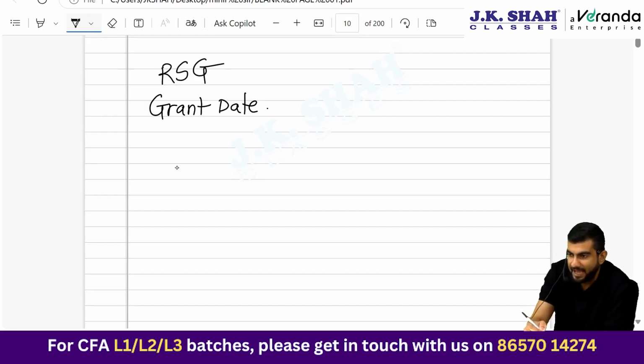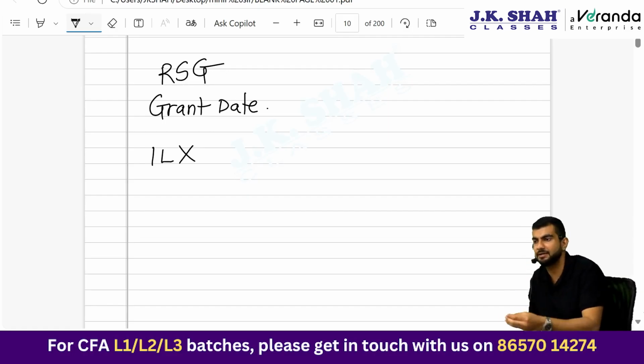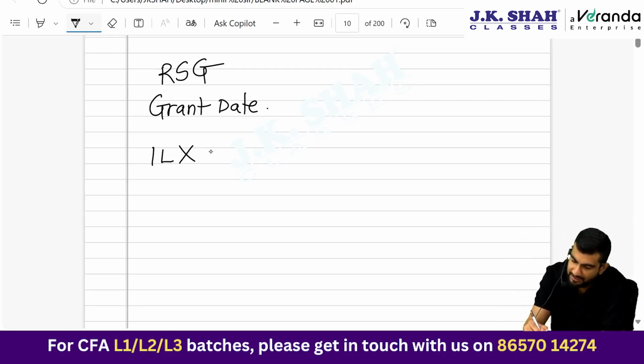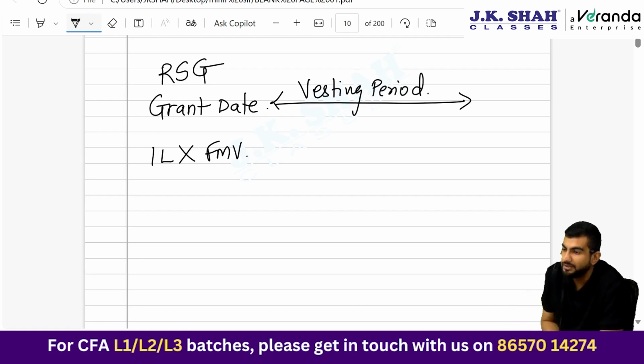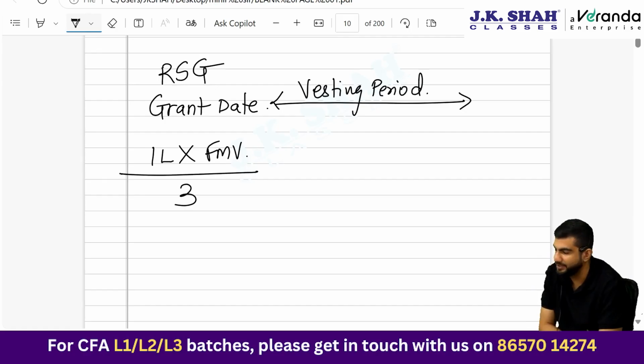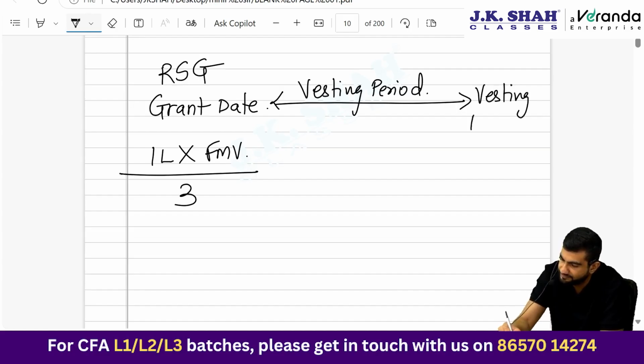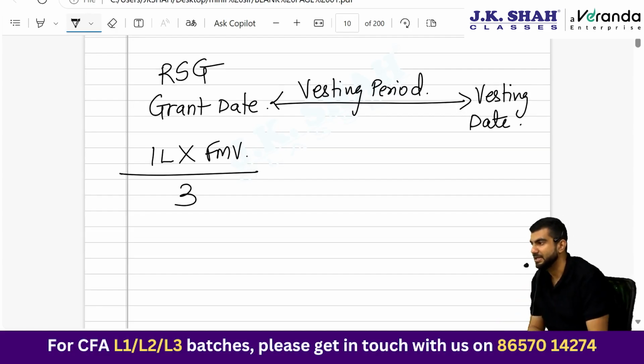Today is the grant date. I give 1 lakh shares, I will have to consider what? Fair market value of the shares. Okay, if it's a listed company, I can easily know that. But if it's an unlisted company, I will have to get the valuation done. Okay, fair market value of shares and the vesting period, or you also call it as exercise period, is 3 years. So I will have to distribute this cost over 3 years. Okay, and the date on which the employee becomes eligible is called the vesting date. Fine. What if there are subsequent changes in fair market value of the asset? Do you consider that or ignore that? Ignore that. I had explained you the logic.